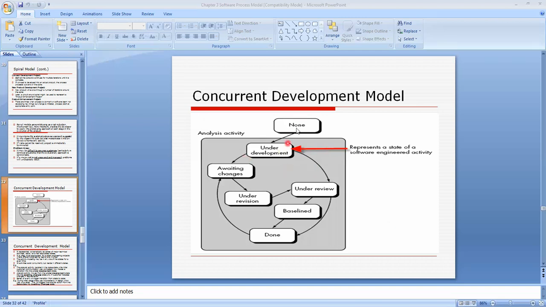Now, if you see this, the first step is under development. What does this stage suggest? It represents a state of a software engineering activity. It is under development, it is not fully developed.